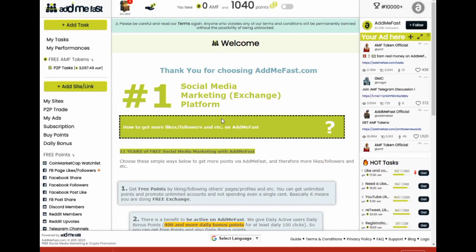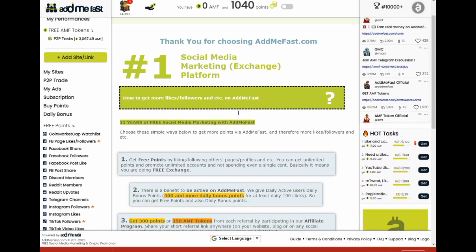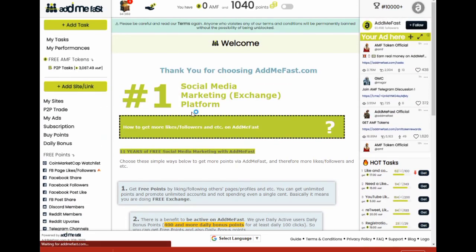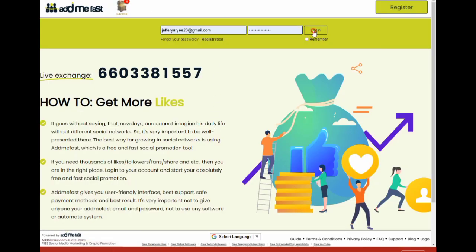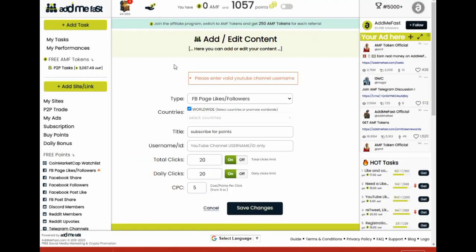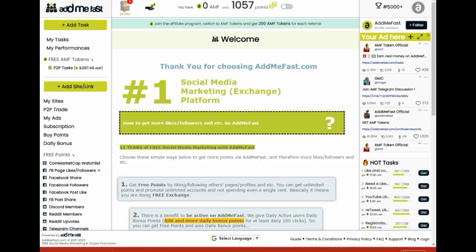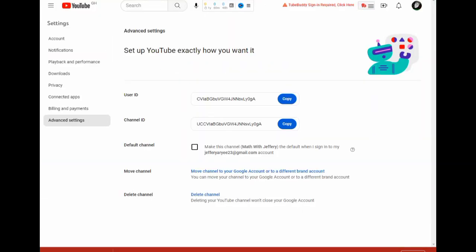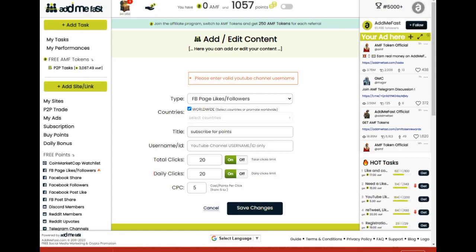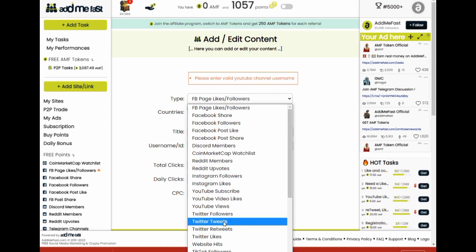So it says they need YouTube username slash ID. So when you get to that channel user ID, I'll copy that. When I copy that, I'll just paste it over there. I'll paste that here and then choose